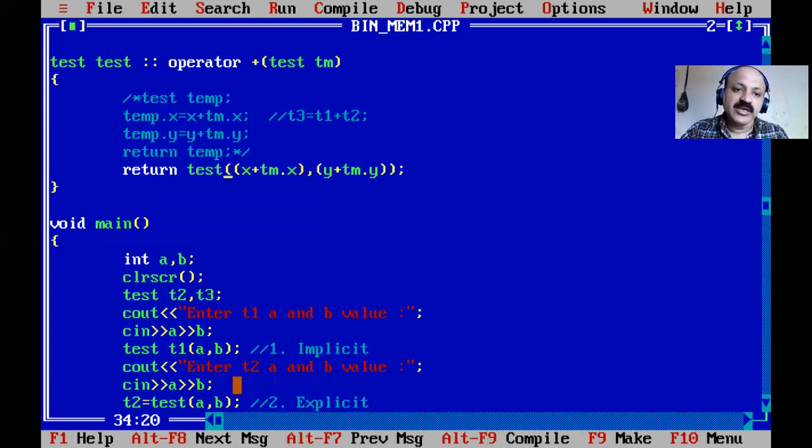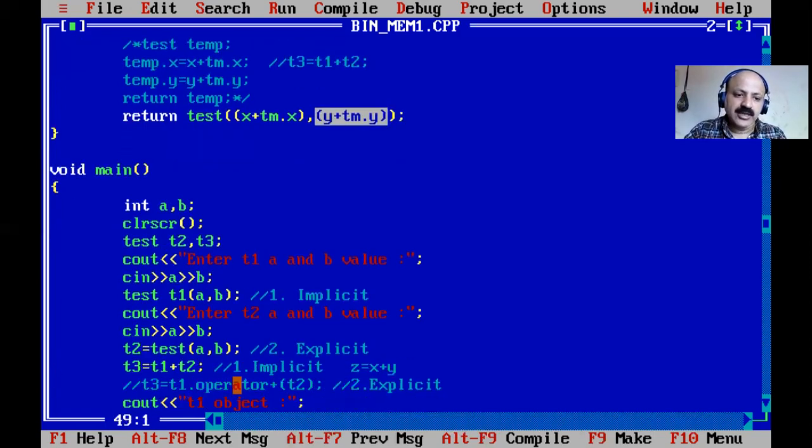We cannot give any name, that is known as a nameless object. So here there is no name, and directly the instance variable considers the summation and returns directly. It is known as a nameless object, and then assigned to this T3.